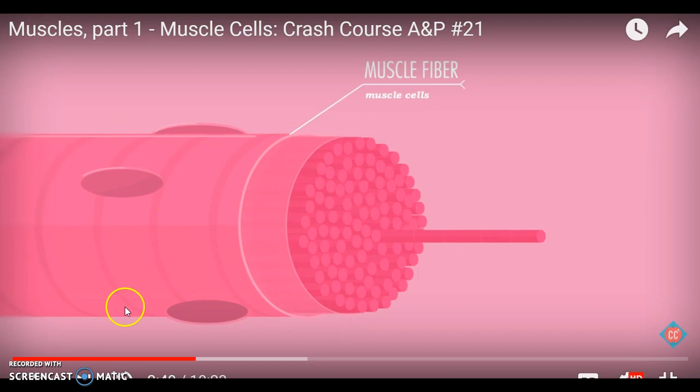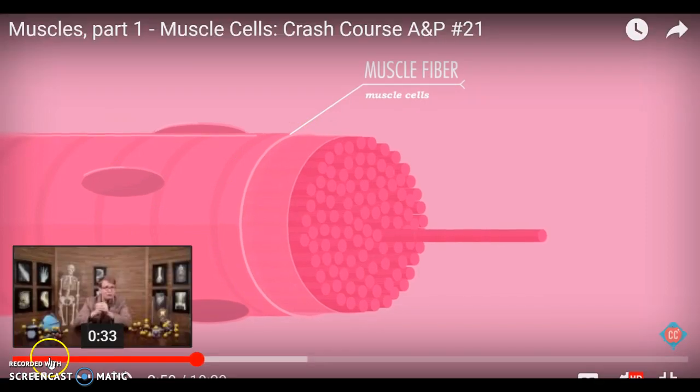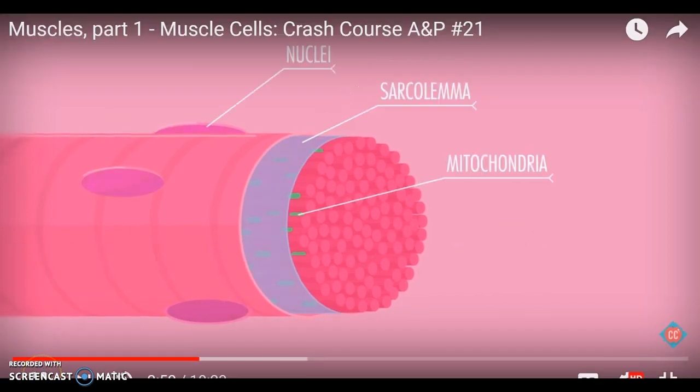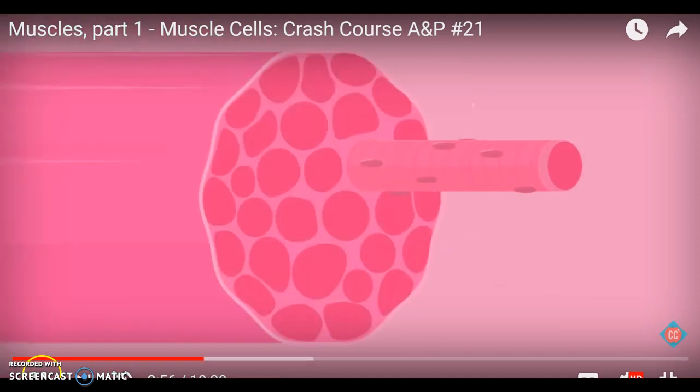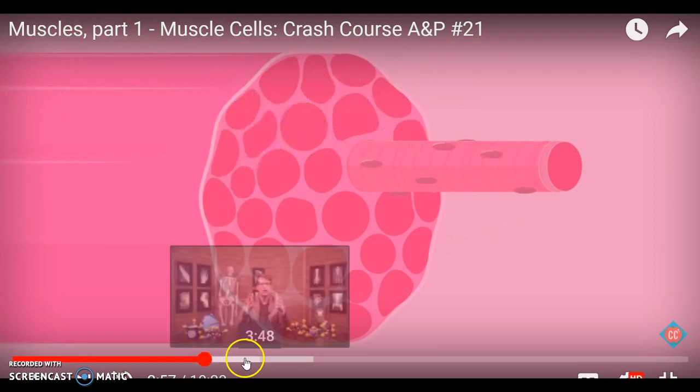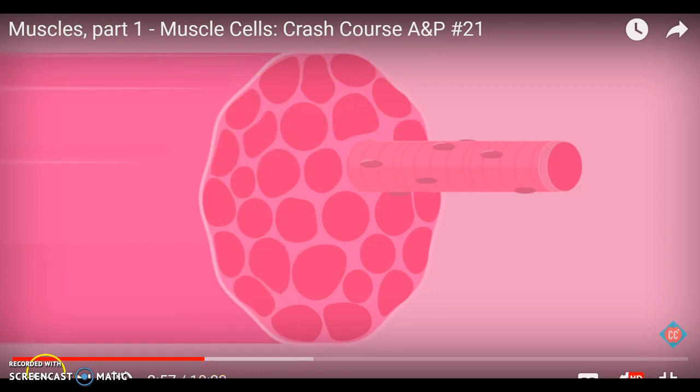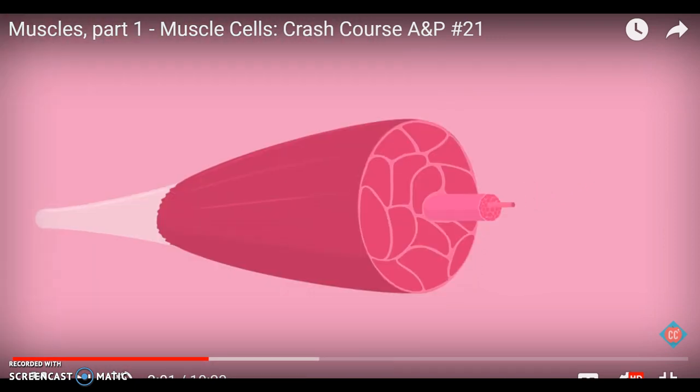And then you have the single muscle cell, and then they're grouped together even more. So you take those, we can see nuclei right here. So the cells have their nucleus, and then they get bundled together. So you take a bunch of different muscle cells and group them together, and it just keeps happening more and more until you have a muscle like your bicep, right? So let's check out a bicep. Let's pretend this is a bicep and just see how it moves.